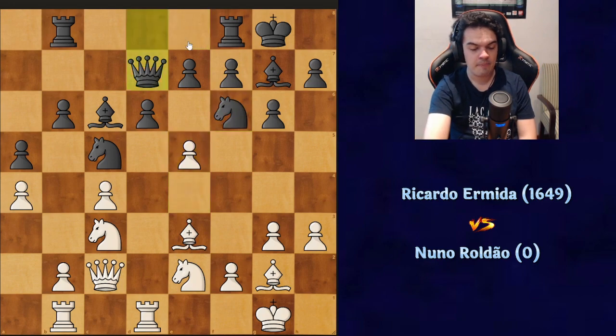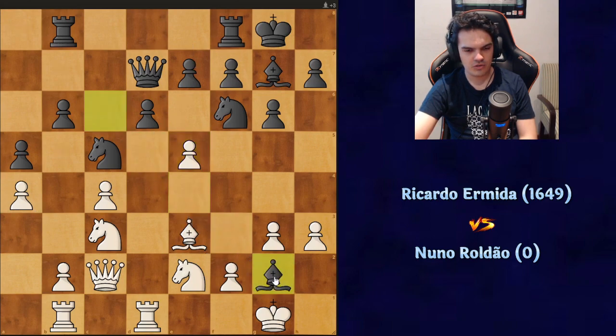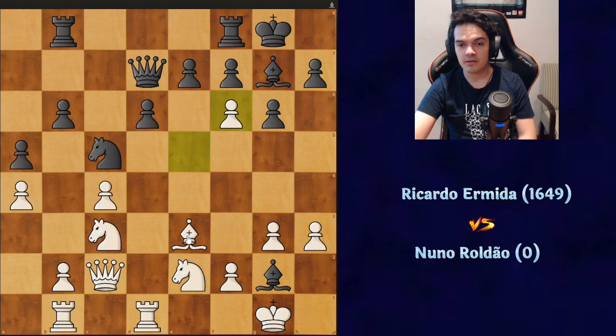Is that... actually, I missed a very important detail in this variation. After my opponent took on g2, I immediately took on f6, and I realized that I'm completely losing here because I missed in calculation that my opponent